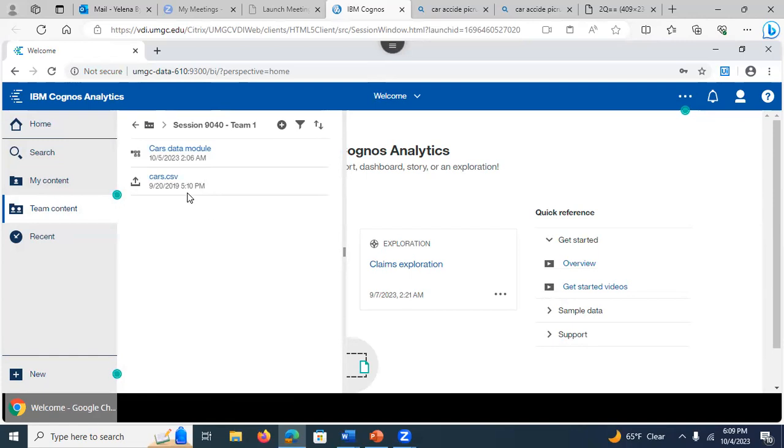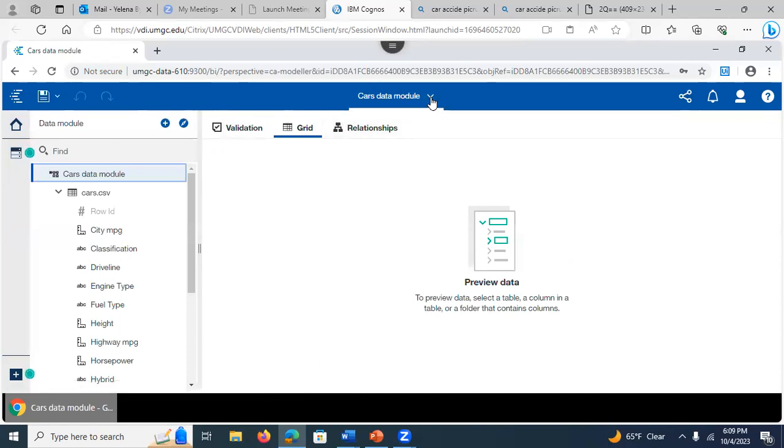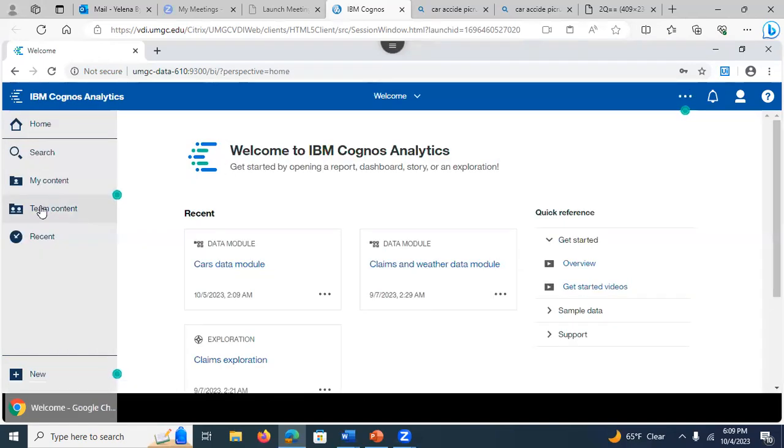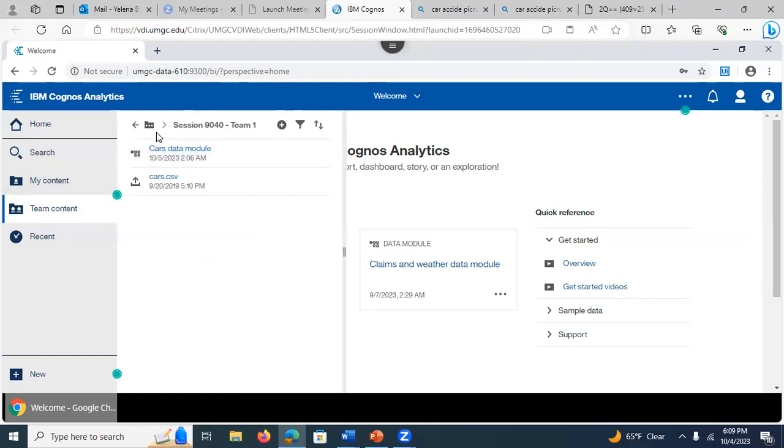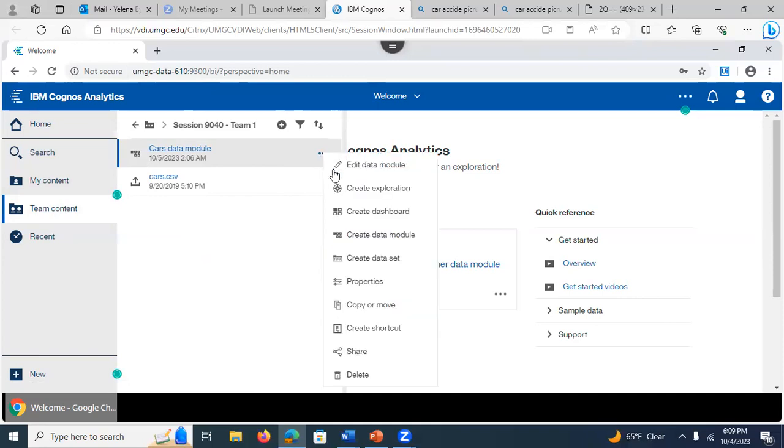So now what I could do is this. I can go to, see, this is a data module, right? But let's close it. I'm not going to do that, but what I want to do is create a data exploration, actually. So I'm working on the team content now, right? This is a folder. I'm going to be saving it to this folder. But see here, I click here, and I can do